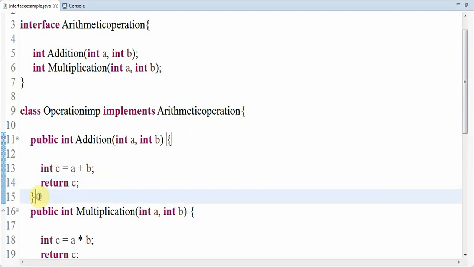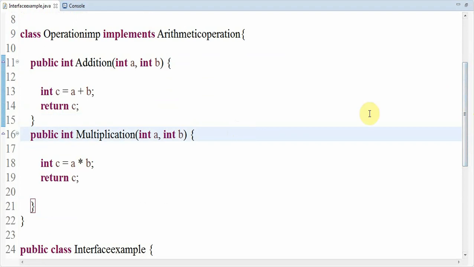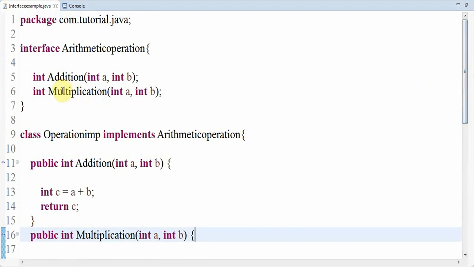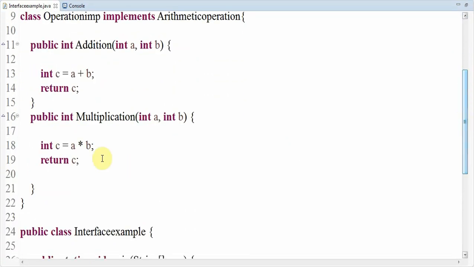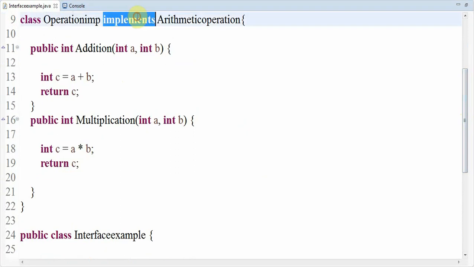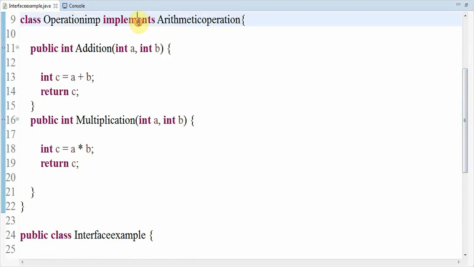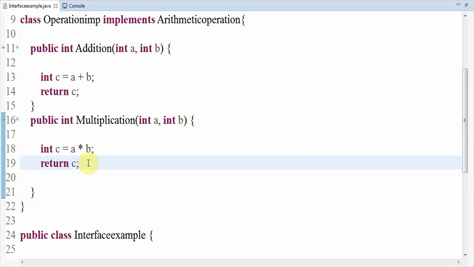In the same way, for multiplication, there is one more method which I implemented, overriding this particular abstract method inside the OperationImplementation class, in which the ArithmeticOperation interface is implemented. Here you can observe int c equal to a into b and return c, which means I'm performing the multiplication operation and returning that particular value.